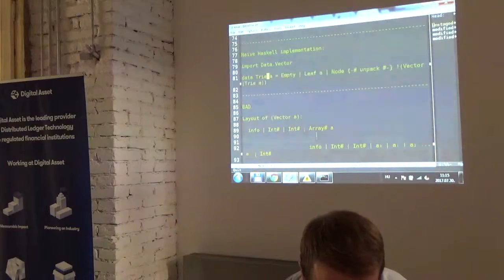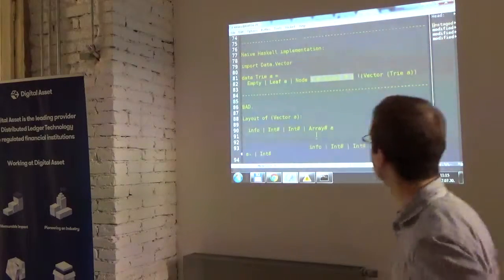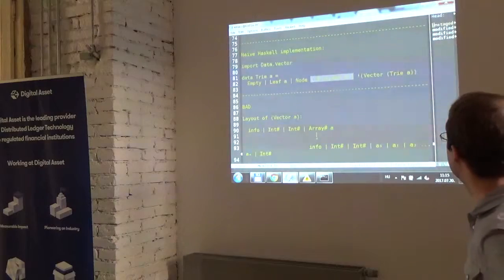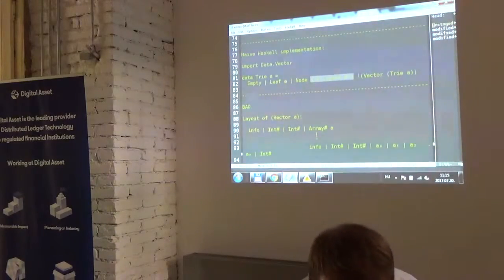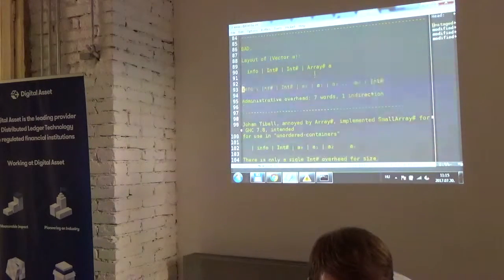So we can try to implement this in Haskell in a naive way. So we might think that we are clever by writing an unpacked vector here, but actually this is very bad. This is formatted very badly. Okay, but